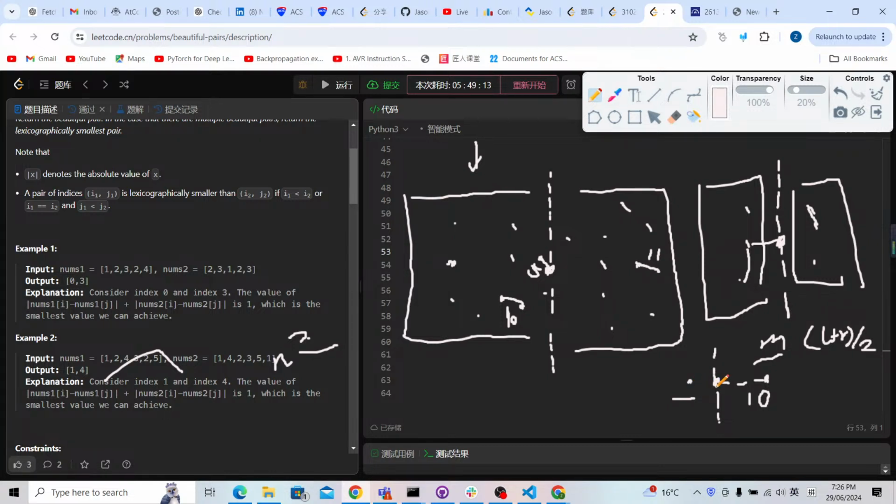Now we have to check this dot with all the possible dots in the range. So this one and this one. Maybe from this one to here, it's going to be 5. Now we're going to update the final distance to 5 because 5 is the possible result. But how can we calculate from the right side? It's the same idea. So if there are 2 dots from the right side,